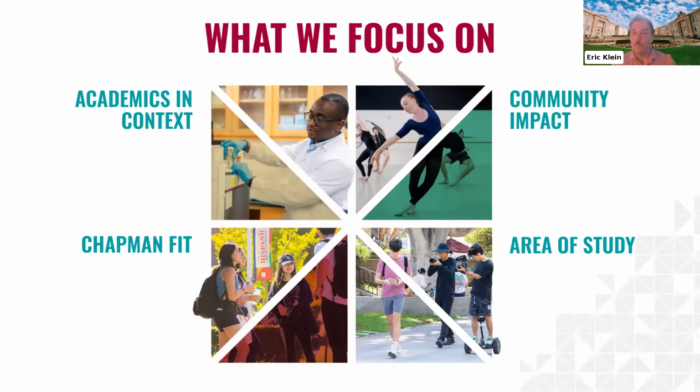I would argue the biggest piece is going to be academic viability. We want to ensure that you and your student are prepared for the rigor of the curriculum that we have at Chapman, but what I'm looking for will differ based on the programs that your student's applying to. So business at Chapman, for example, is pretty math heavy. So I'm hoping that you've at least attempted or completed pre-calculus by the time that you're submitting your application. That's not as important for me to see when I'm reviewing a dance application, for example. So the program that you're interested in will dictate what I hope to see.